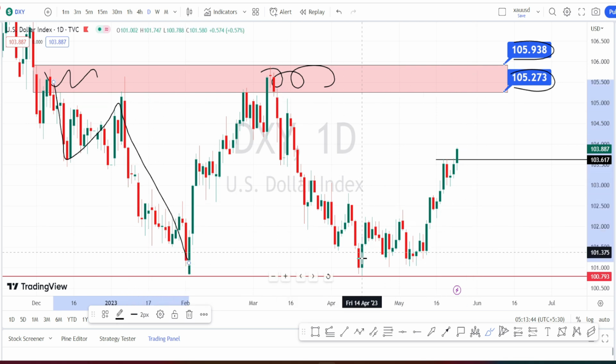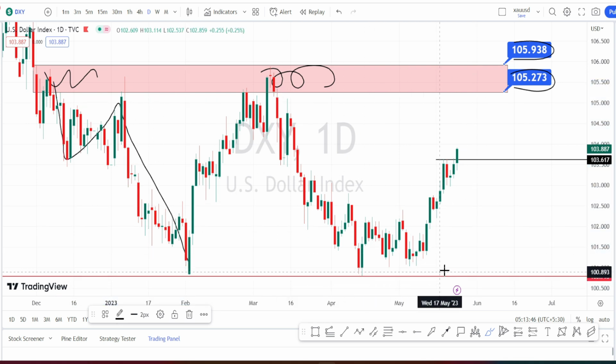Again, currently we are noticing the price action to take support around the support level of 100 and to bounce back on the bullish side retracement. And during this bullish side retracement also, we have noticed the price action to find resistance around the resistance level of 103.61, which was a previous support level, and currently it has given a breakout from this resistance level, and we can notice that it has formed a very strong bullish candle.